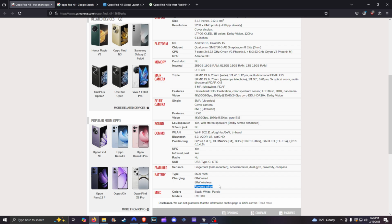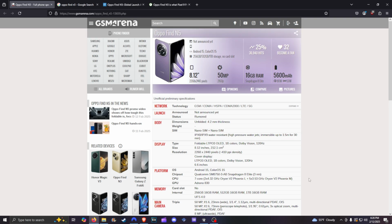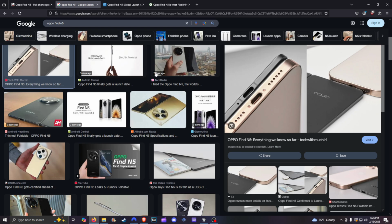Or it should be reverse wireless. Okay, so this is going to be exactly what they're looking for. Fingerprint side mounted scanner. That's great. That's what most folding phones have. And overall, I have to say, this is looking to be a pretty impressive package,